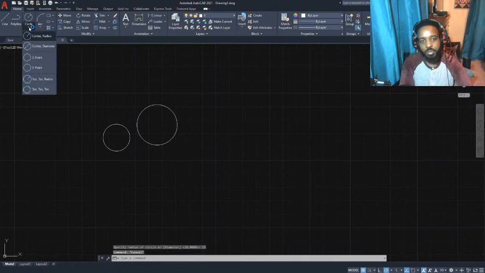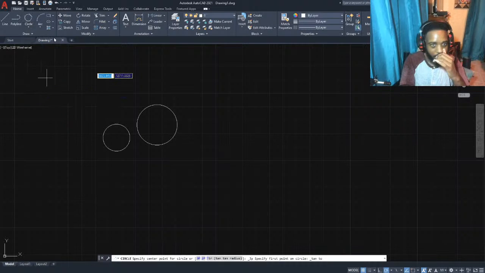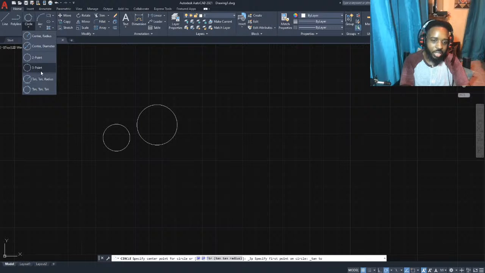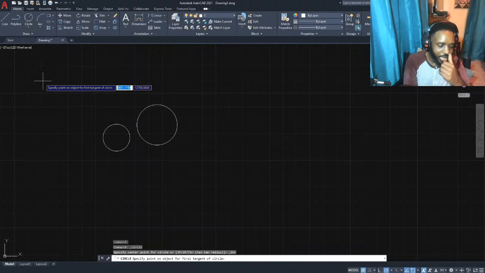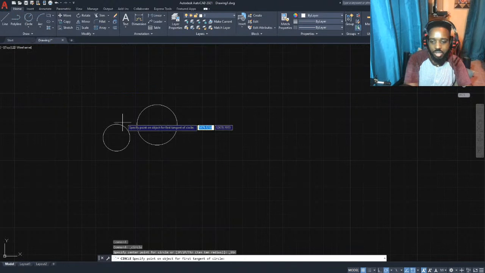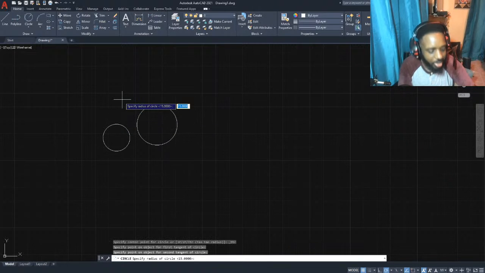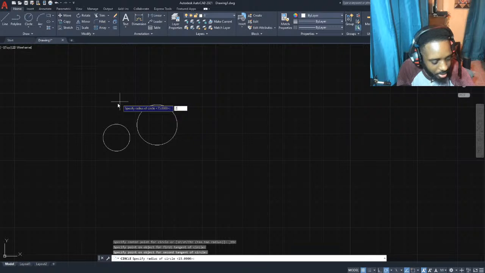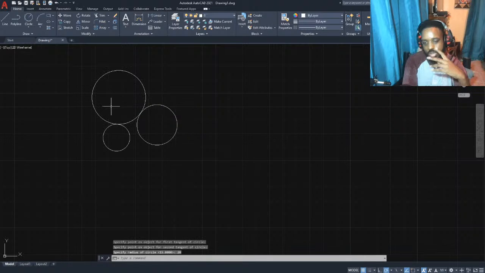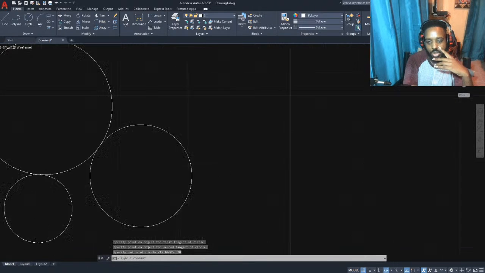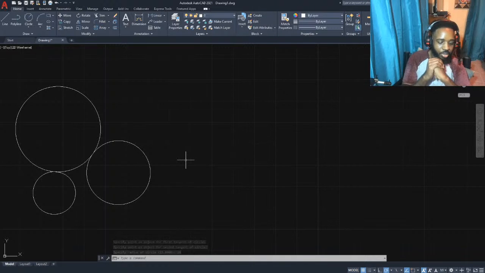There we go. You can just select not Tan, Tan, Tan, but Tan, Tan, Radius. If you have 3 lines and you want a circle to be a tangent to these 3 lines, then you can use Tan, Tan, Tan. But if you want it to be circles, lines, and circles, ellipses, whatever, you could do this. And if I do this and do this, and then set the radius at, let's make this 20 or something like that, you get a circle tangent to both circles and stuff like that. You know, that makes it easier.